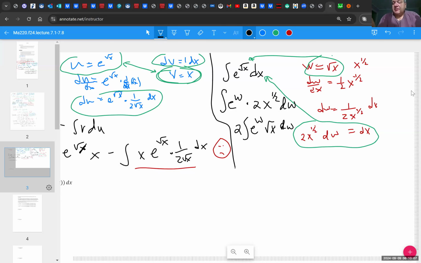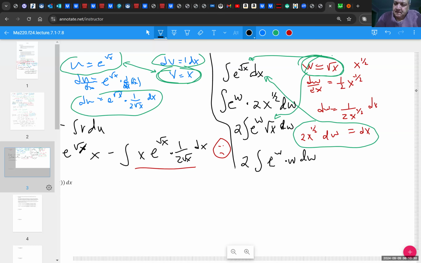So how do we convert that square root of x? Well, we're the one who made up w in the first place. If you remember, we made up this fact that w is equal to square root of x. So we just put that in here. And this becomes 2 integral of e to the w, and square root of x is just w,